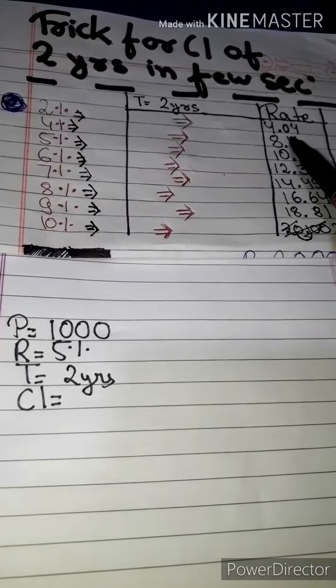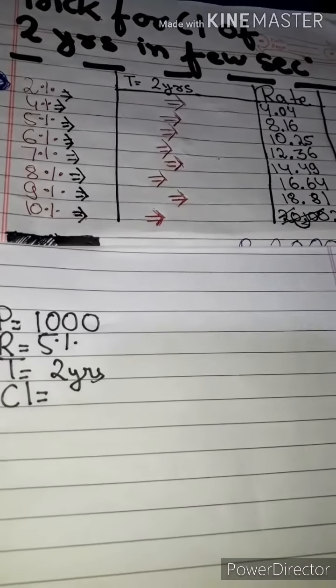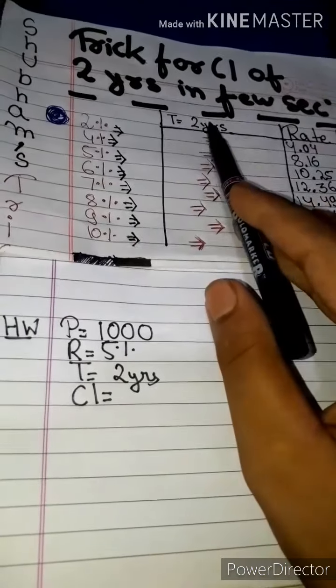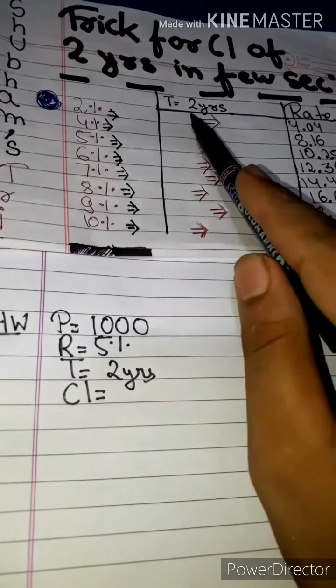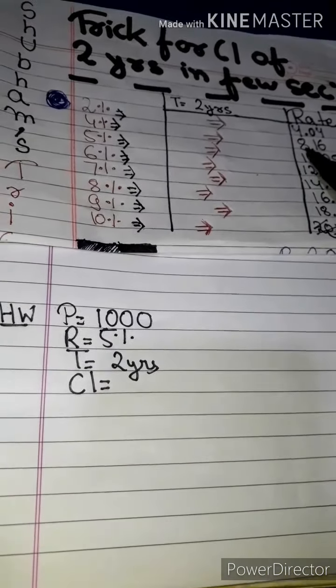Only in 4 do we have to do it; in the others there are already 2 digits. Like this, 4%: 4 into 2 is 8, so we put 8 here, and what is the square of 4? It is 16, so after the point we put 16. Like this, 5: 5 into 2 is 10, and there 10.25. Like 6: 6 into 2 is 12, and what is the square of 6? It is 36, so after the point we put 36.